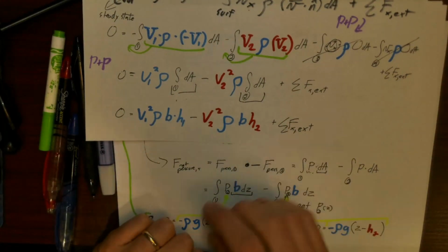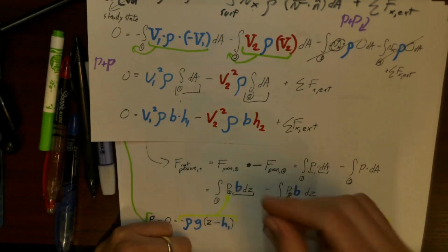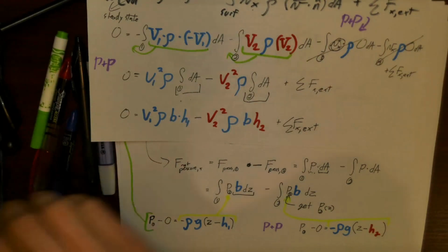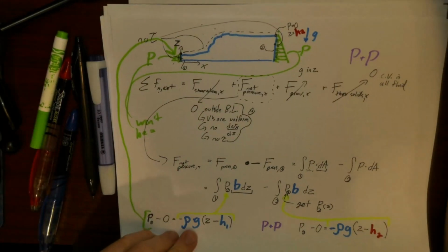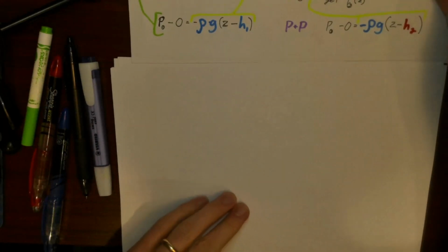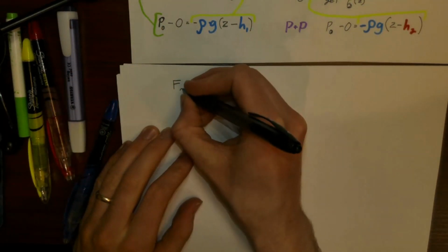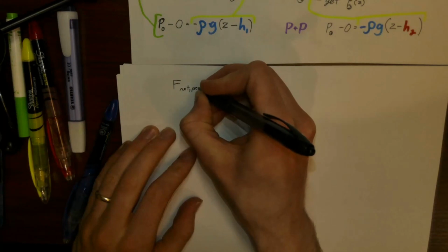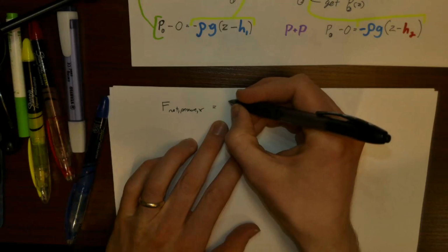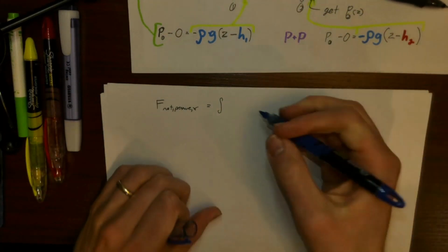Ooh, man, we're getting equations upon equations deep here. But then hopefully we'll have some relationship between velocities and heights and all this other stuff that we care about. So let's go ahead and try to plug these in and do these integrals. So an integral over surface 1 of minus